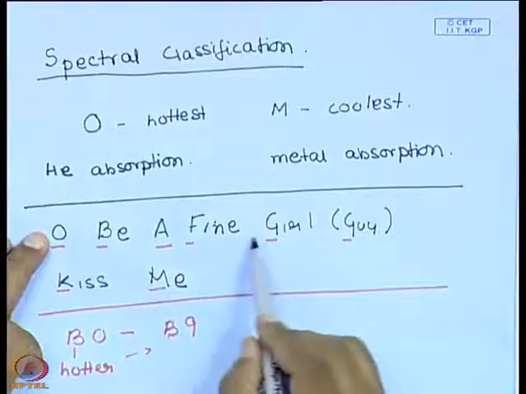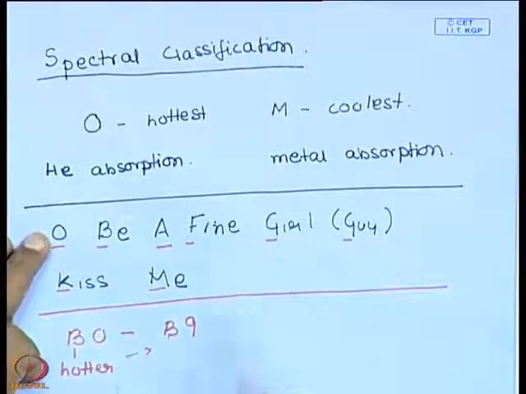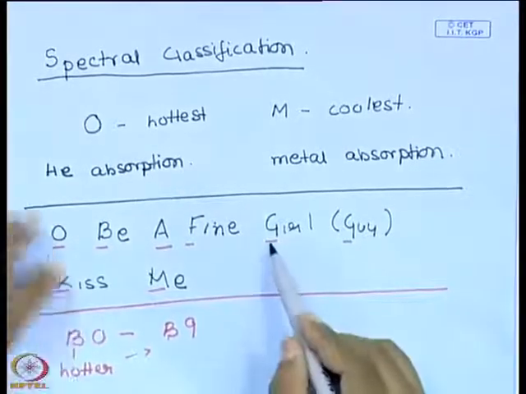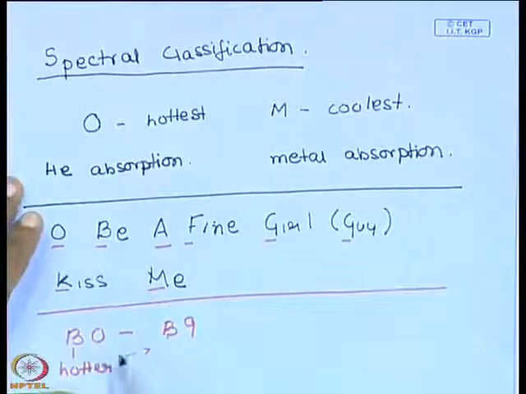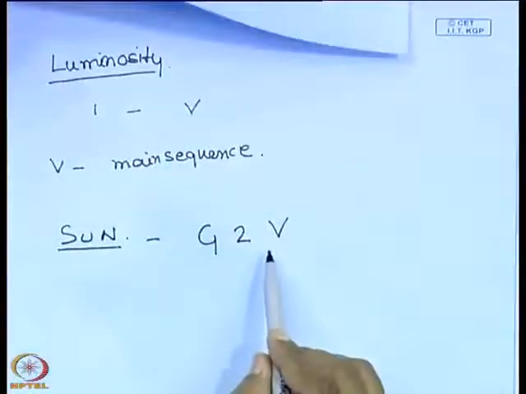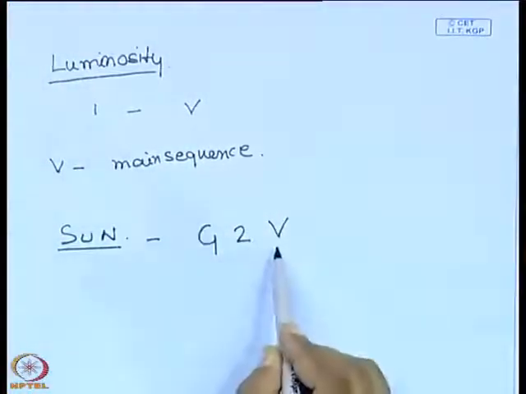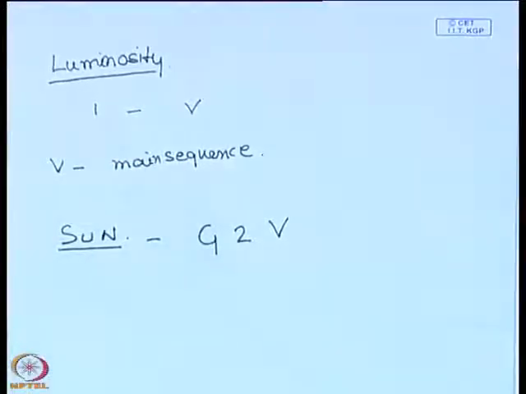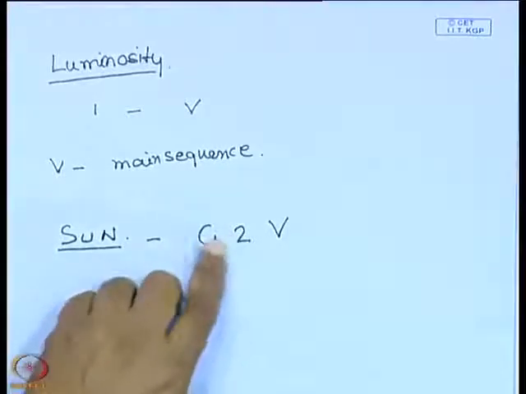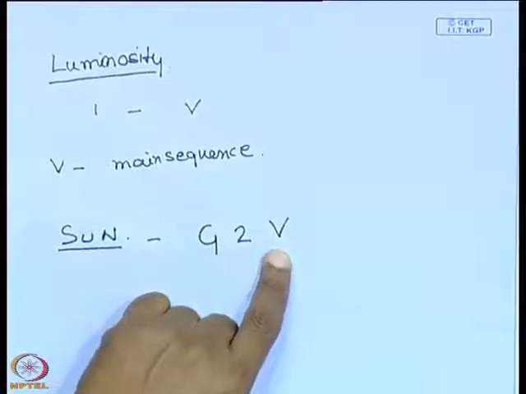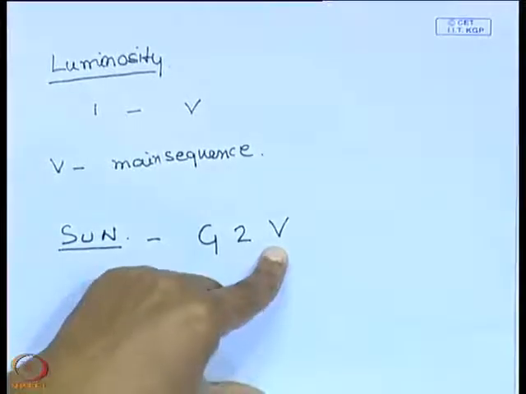It lies somewhere in the middle of the spectral classification scheme. It is a G star. There is a sub classification 2, which is somewhat towards the hotter side amongst the G stars, and it is a main sequence star burning hydrogen, which is indicated by 5. So, you could have a G star which is not on the main sequence also. Okay, so, the G2 is an indication of the temperature, this is an indication of the luminosity. This is how stars are classified observationally,